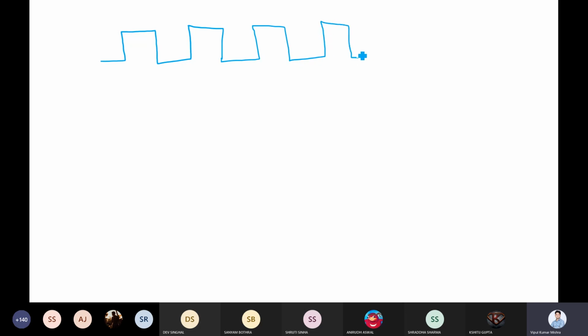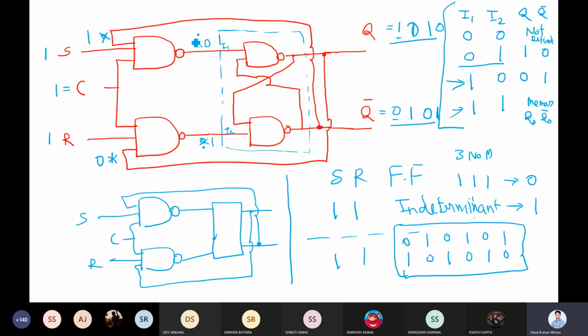And the size of this clock is, let's say, 10 nanoseconds. So this is your clock. And the propagation delay, meaning to operate this circuit, these 4 gates, the total time is 1 nanosecond to come from this value to this value.